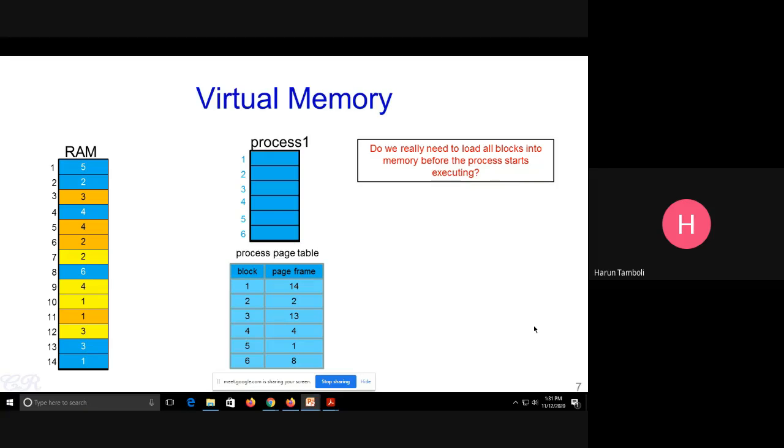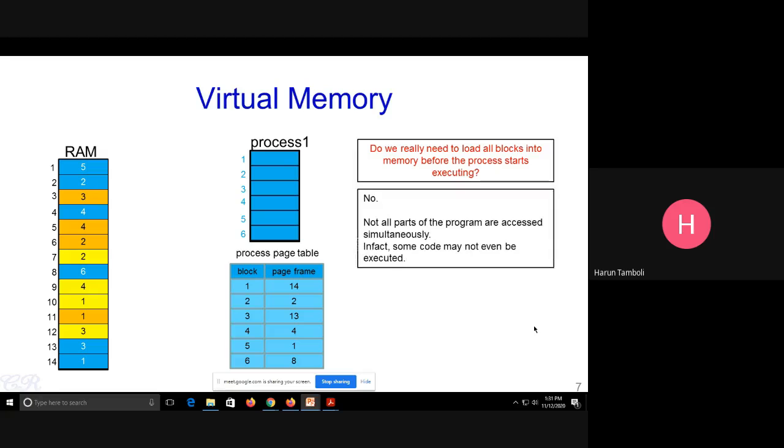It is really not expected that all the blocks of the process should be loaded into the main memory. If a block is not used, then it should not be loaded into the main memory, so that part can be used by other processes and the speed of the process can be increased. By taking advantage of this, virtual memory uses another concept